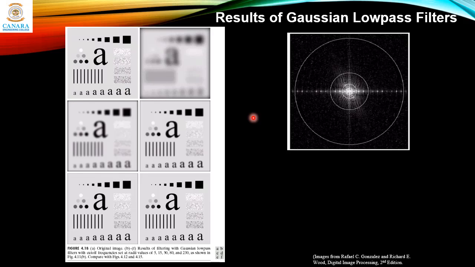So this is the result of using the Gaussian low pass filter. As you can see, if you use the cutoff frequency at d naught equal to 5, that means if you retain the area inside the small circle, you will get this result, and it's quite smooth actually, and even this A you can make out, and the square is visible. As you move towards the bigger diameter circles, meaning you retain more of those parts, you get a clearer output, and you won't see any kind of ripple effects. So that is the advantage of using the Gaussian low pass filter.